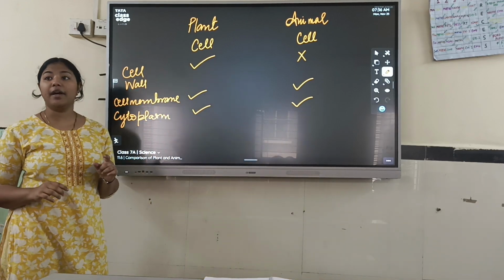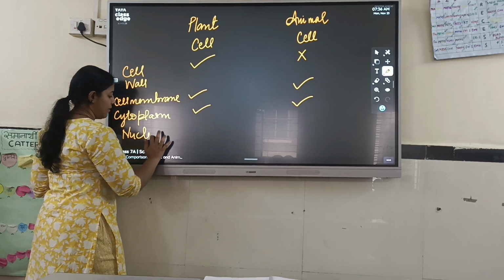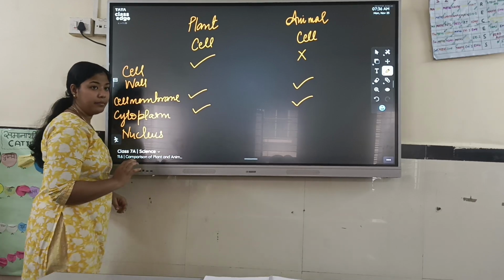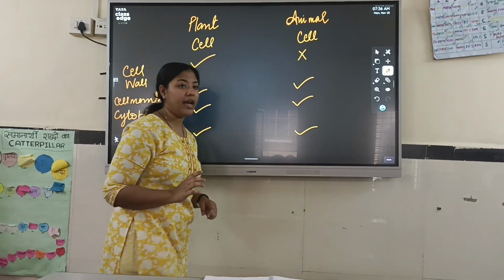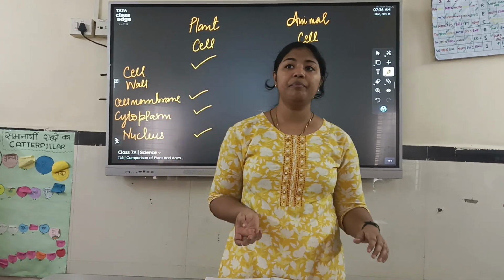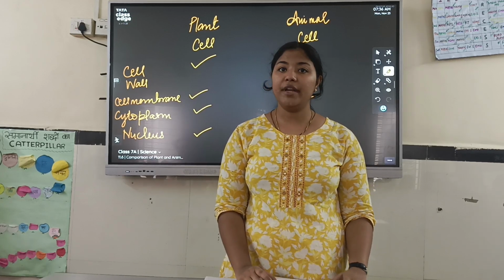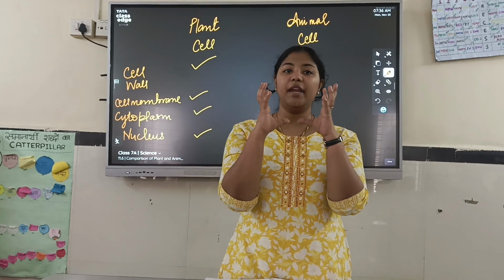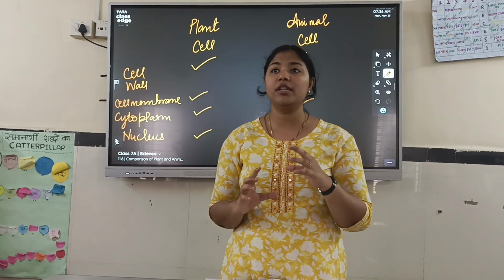Then which was the next one? Nucleus. Now what else does nucleus have? Does it have its own membrane? Yes. Known as the nuclear membrane. Now how is the nuclear membrane? It is porous in nature. You saw the blue color, spherical. In that we had small holes. So the nuclear membrane is porous in nature.